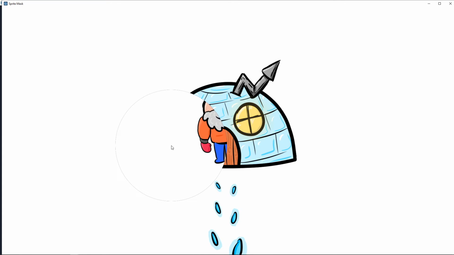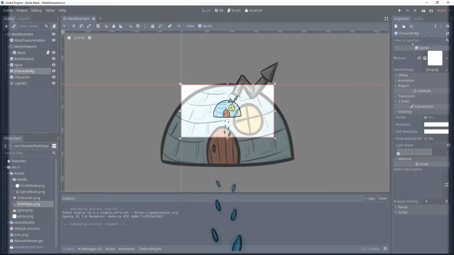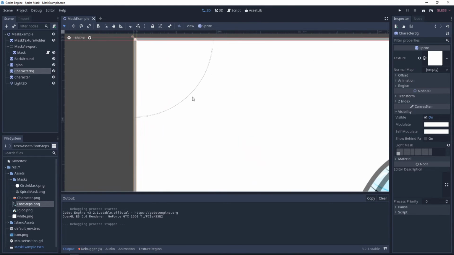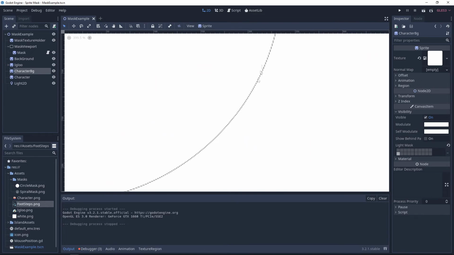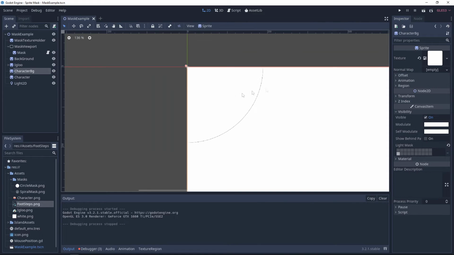There is a kind of ugly black outline on the side of the sprite mask. I don't know if you see it, but I can show you, like right here. This black line, we don't want it. This is due to the fact our mask is not full white and then full transparent. The circle will be too sharp and it will not be beautiful. And so we have a kind of outline with